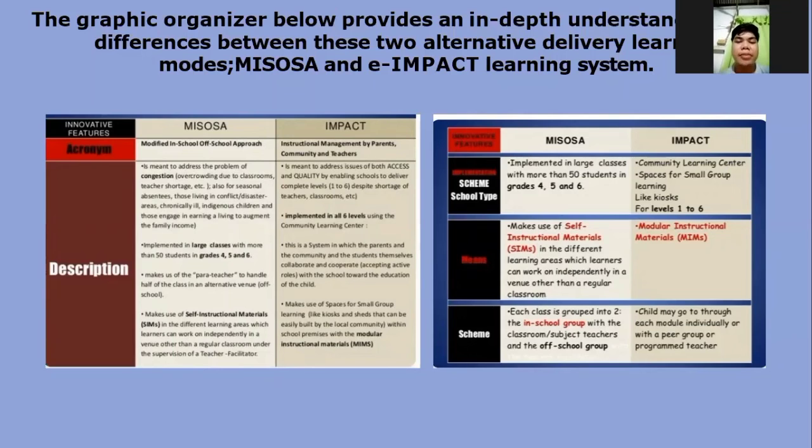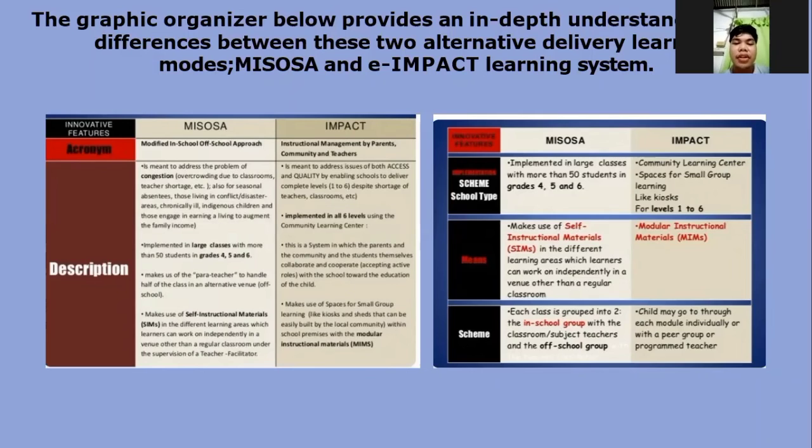The acronym MISOSA stands for Modified In-School Off-School Approach. IMPACT is Instructional Management by Parents, Community, and Teachers. So the description: under MISOSA, its description is meant to address the problem of